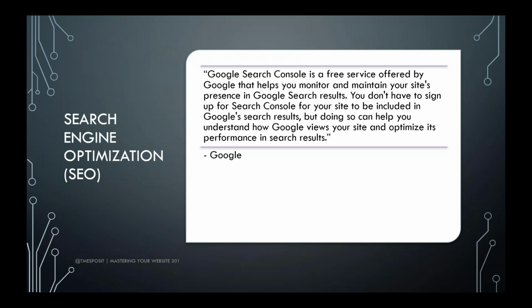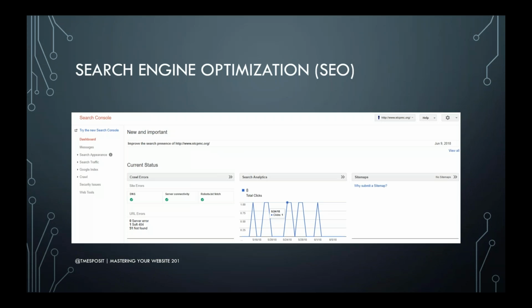The SEO enables you to target when you're looking for your content that it goes to the stuff on your site. There is a Google Search Console, of which I've got an image here, and you can see that it's for SCC PMC up in the upper right. And you can set this up for multiple pages, including differentiating between HTTP and HTTPS. In the screenshot, I have it set to the HTTP. So that way, is it going to send someone to the HTTP version or the HTTPS version?